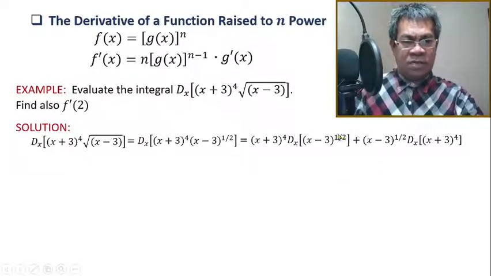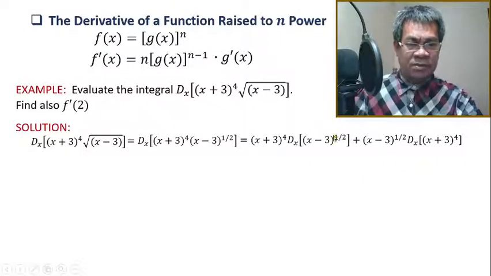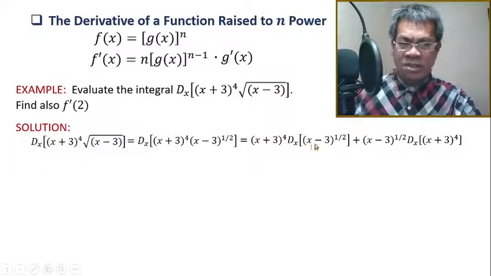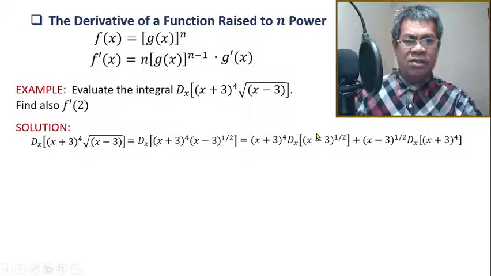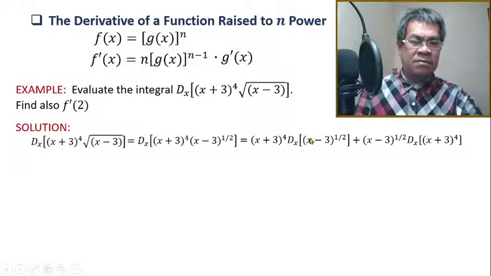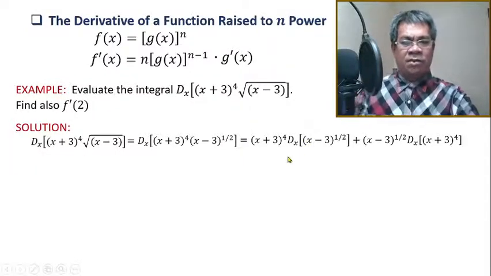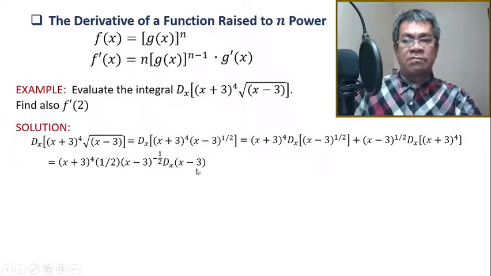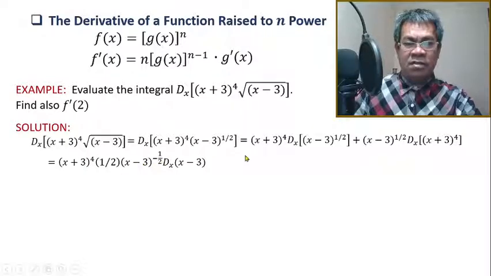Now this one can be applied by the function raised to n principle. So think of the power rule, dive in, and take the derivative of this. So very simple. What's the derivative of x minus 3? 1. So if your x is first degree, you can think of a plain power rule, provided that this is positive. If this is negative, then you have to multiply by negative 1. But this is positive. So then your answer now is you have to divide this 1 half. Then subtract the 1 half by 1 becomes negative 1 half.